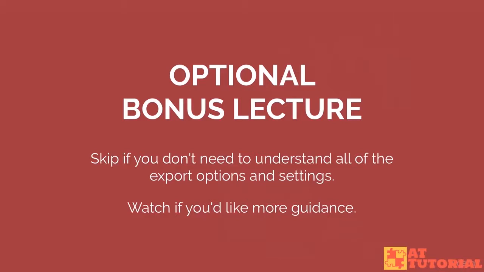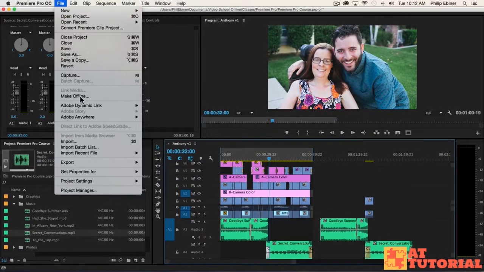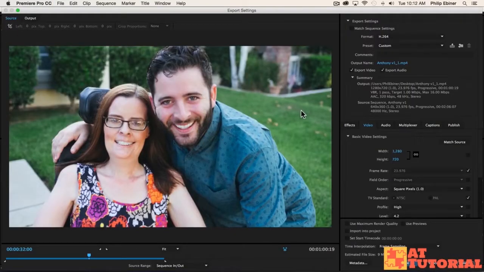Let's go through some of those export options so that you understand what's going on. So again, if you set your in and out points for an export, then go up to File, Export Media, it will open up the export module. On the left side, we have our source, and you can actually adjust the in and out point of your